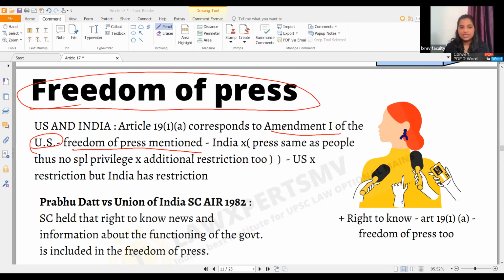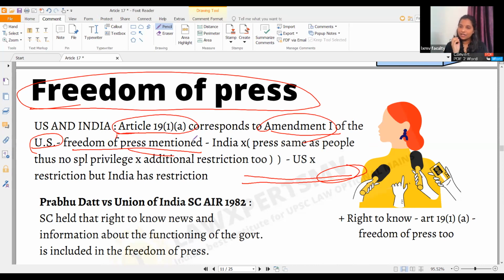So there is no specific provision for freedom of press in the Indian Constitution. Now if you see, there is the First Amendment, which gives freedom of speech to the citizen and also freedom of expression and speech to the press. It has been specifically mentioned. But in the Indian Constitution, the freedom of press is taken from Article 19 clause 1 clause A only,